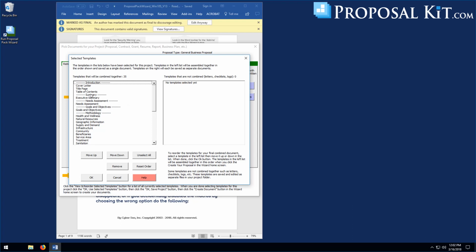We have our introduction material, talking about the needs, the goals, summarizing everything up at the top, putting in a lot of project detail pages that are more specific to, say, a clean water project, where you may be talking about the health and wellness of the community, the natural resources available, infrastructure issues,